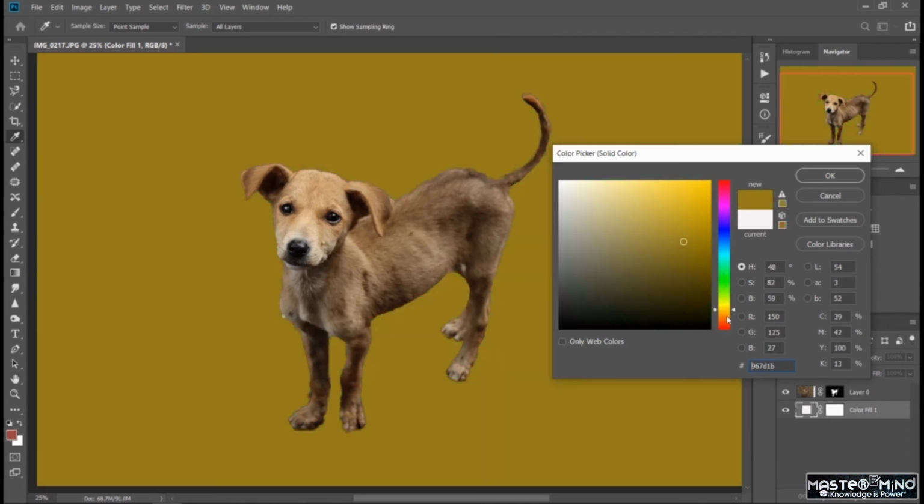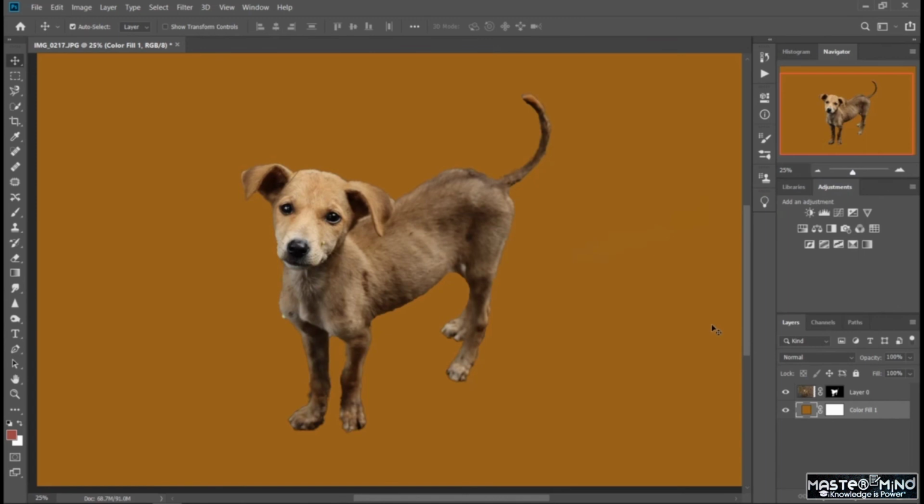And just take a selection. So if you are making a campaign with some stray dogs or something like that, we can use this cutout of the selection